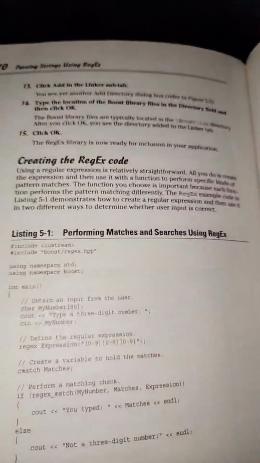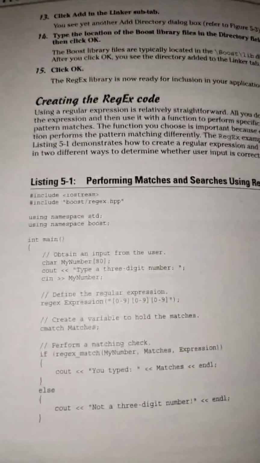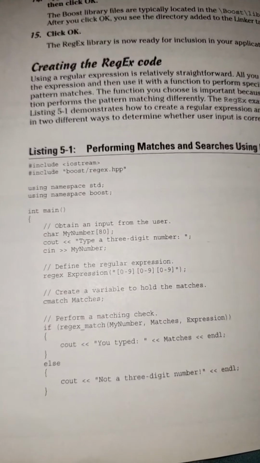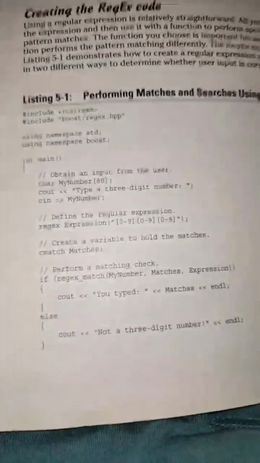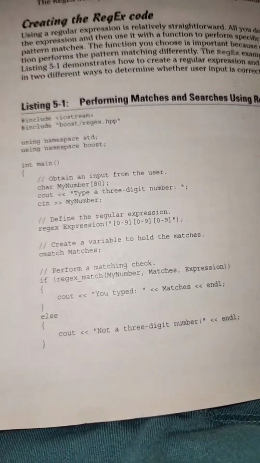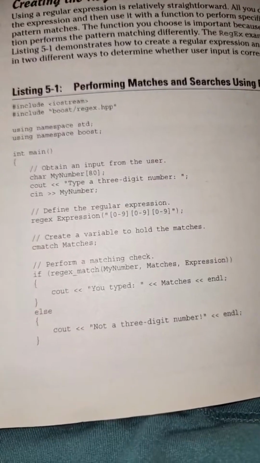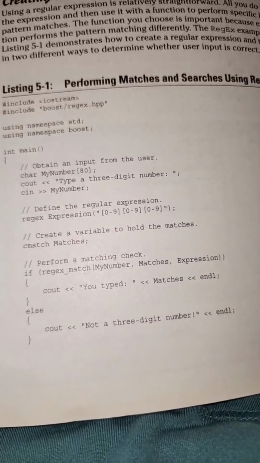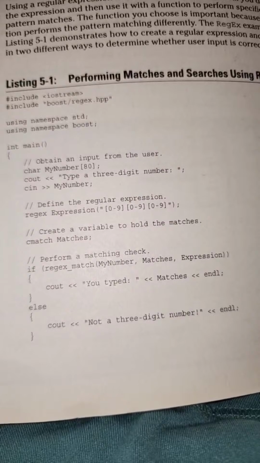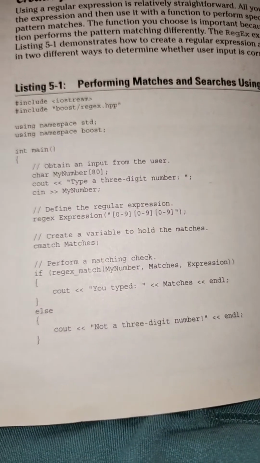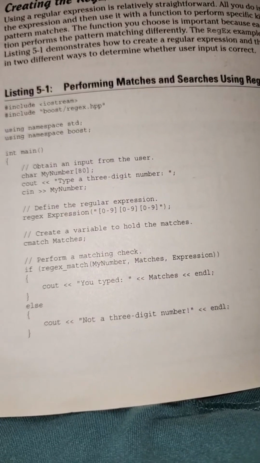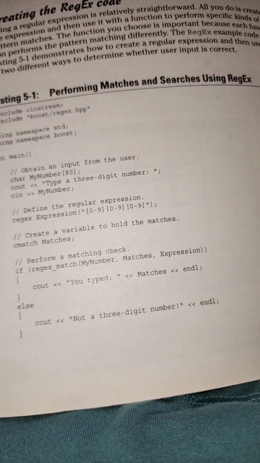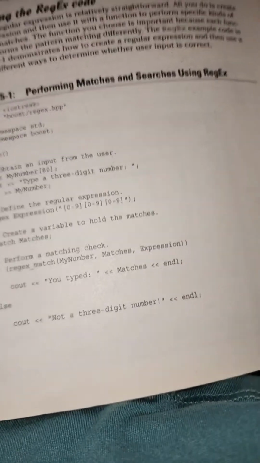Listing 5-1: Performing matches and searches using regex. #include <iostream>, #include <boost/regex.hpp>. using namespace std; using namespace boost; int main() { // Obtain an input from the user. char myNumber[80]; cout << "Type a 3-digit number."; cin >> myNumber; // Define the regular expression. regex expression("[0-9][0-9][0-9]"); // Create a variable to hold the matches. cmatch matches; // Perform a matching check. if (regex_match(myNumber, matches, expression)) cout << "You typed " << matches << endl; else cout << "Not a 3-digit number." << endl;